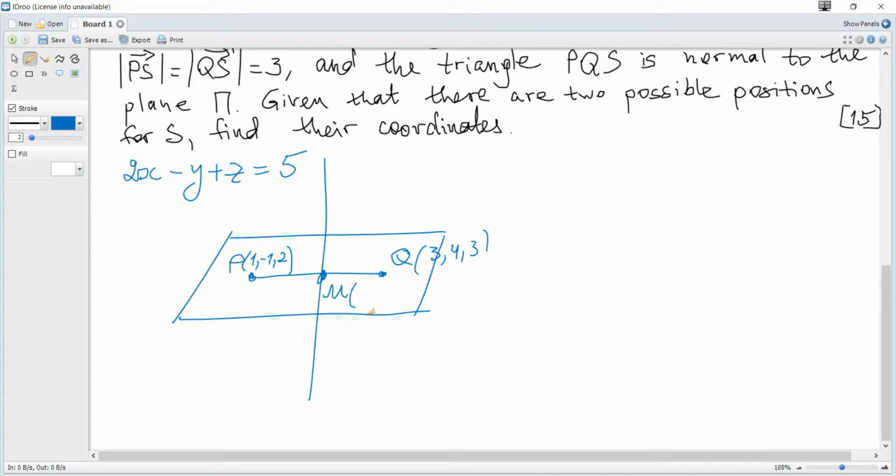Definitely we need coordinates, so the midpoint becomes 2, 3 over 2, and 5 over 2, and somewhere there is S, so that this distance is 3, and this distance is also 3, and you can guess that S also can be here. So it's S1, S2,